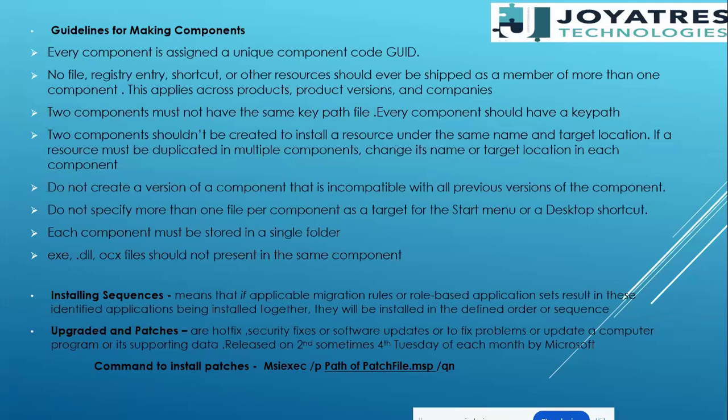Then two components must not have the same key path file. Every component should have a key path. This key path is something I would be able to show you in the practical. As of now, I can explain that every component, as I said, has files, registries, and shortcuts. So whatever the files, like for